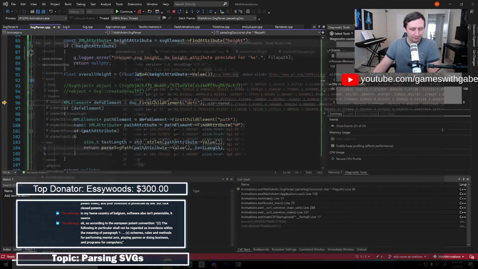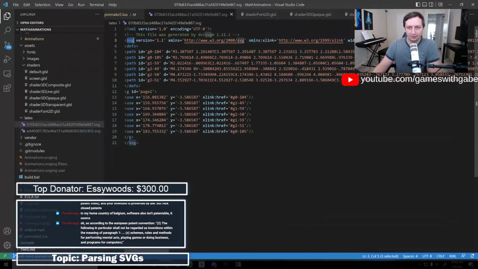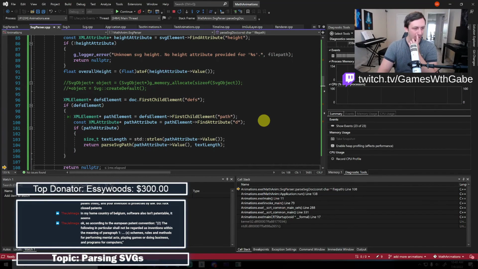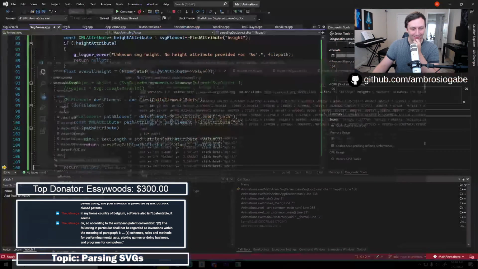Overall height we get is, I should have checked that, 9.96. Height 9.96, that is good. So then we get the defs element. If defs element, we do not get the defs element. Defs. It's definitely there. We just didn't get it.